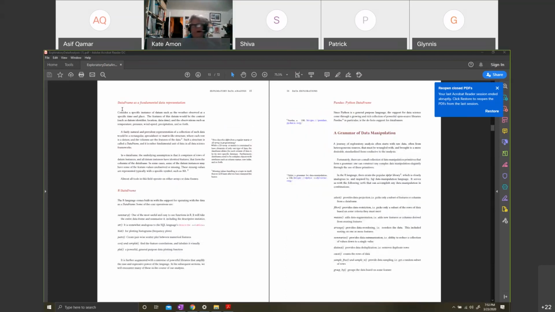So this is it. All data exploration starts with a data frame. We start with the data frame. We manipulate all the things in the data frame. A data frame is a rectangle. It's rows of data, each with columns. You think of it as a spreadsheet. It's sort of like a spreadsheet. Now, data frame support comes built in with R, but in Python, you get it through the Pandas data frame.